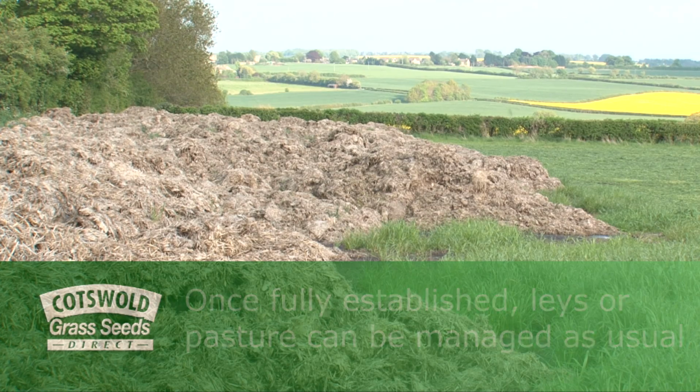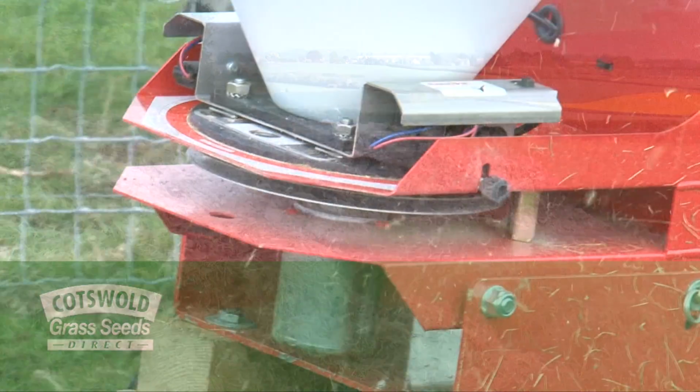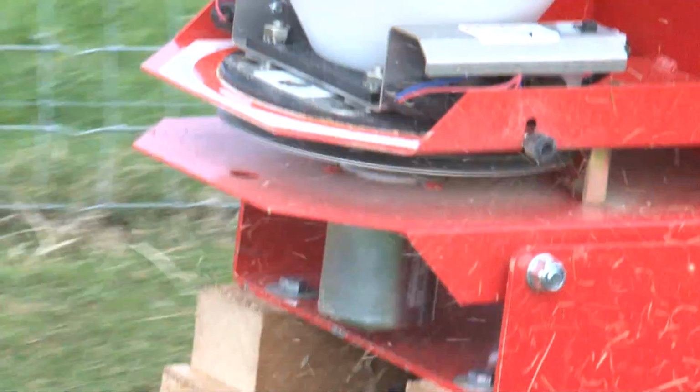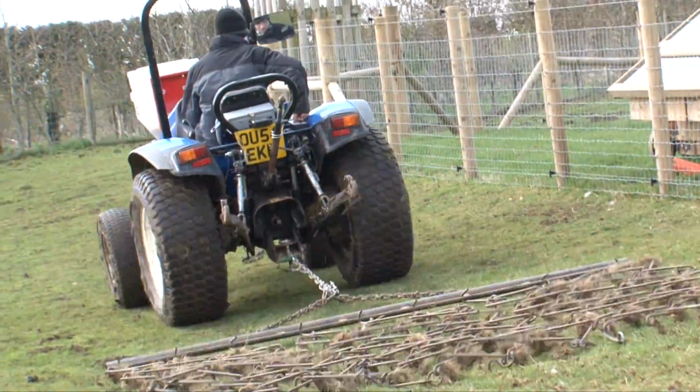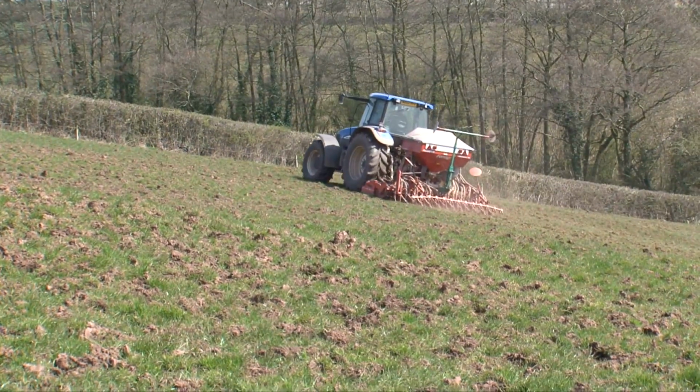But one thing to be very careful of is the application of nitrogen. Whatever form this takes, whether it's farmyard manure or fertiliser, nitrogen application should be delayed until after the new seedlings are established. So, overseeding is a simple, effective and low-cost way to improve worn leys or old pasture without the